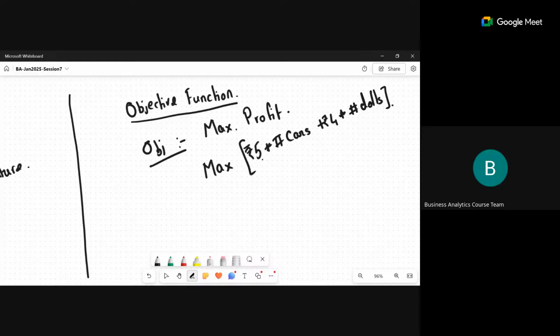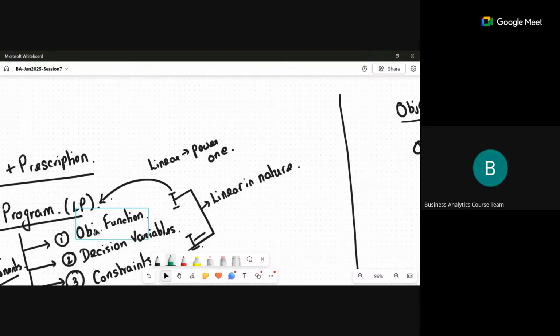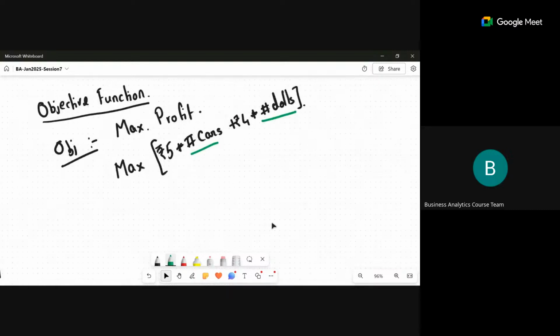So to maximize this, 5 and 4 are fixed. What should I find out? I must find out the number of cars that I produce and the number of dolls that I produce. So from the objective function, you determine what your decision variables are. So your decision variables here are